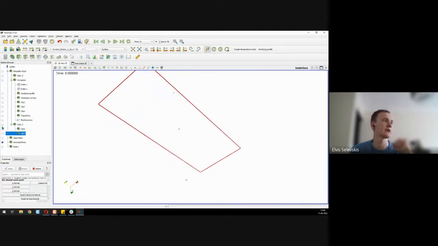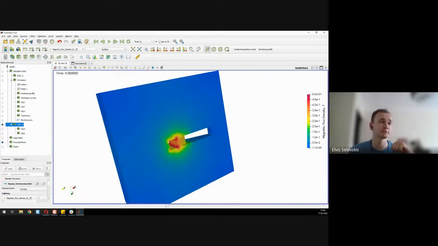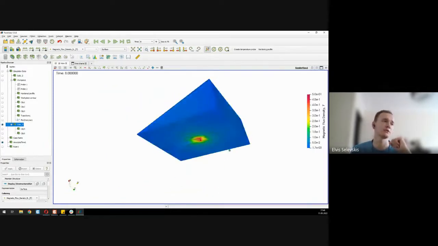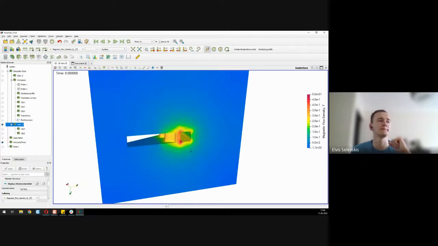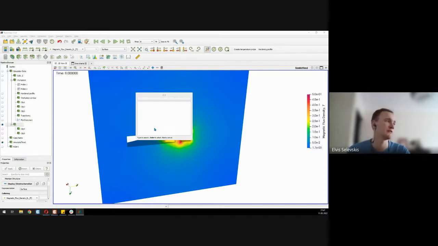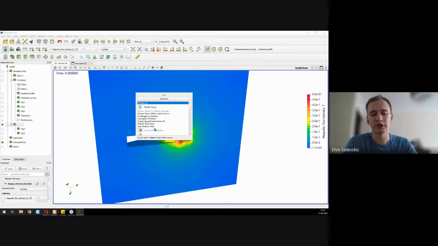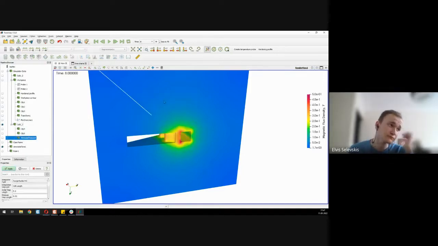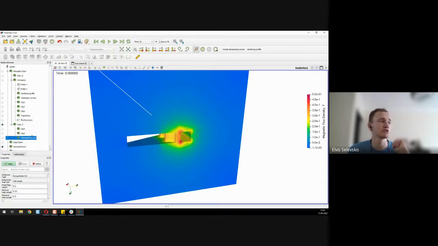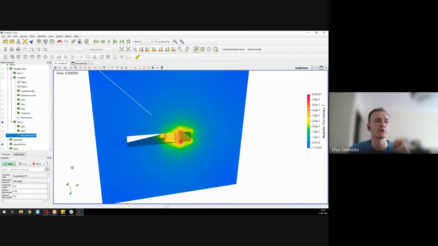But then to actually make the field lines visible, if this is not enough for you, or you just want the results to look a bit more presentable, what you can do is click on this solid. Once again, go in the filters selection. I will press Control Space to open the filter search bar and write in Stream Tracer. So here it is, Stream Tracer. Click on it. And here we will have a couple of things which we have to change before we will actually see the